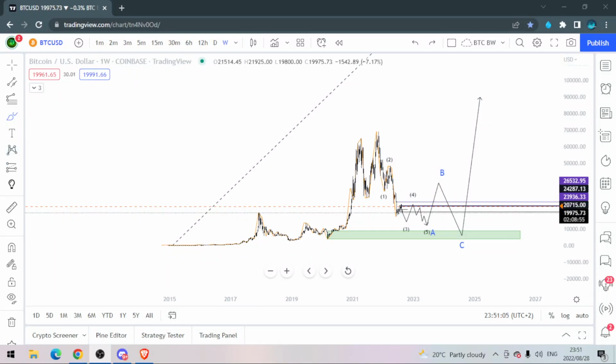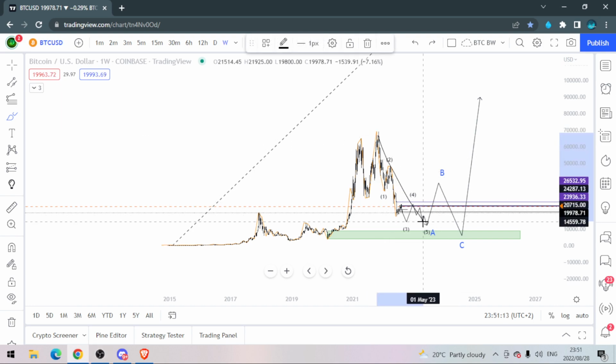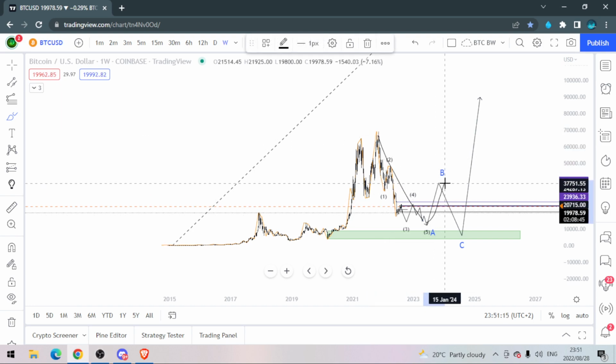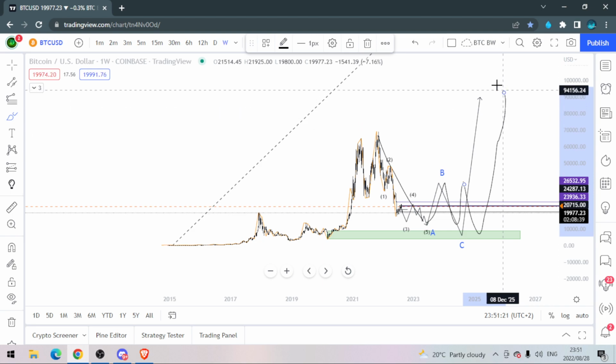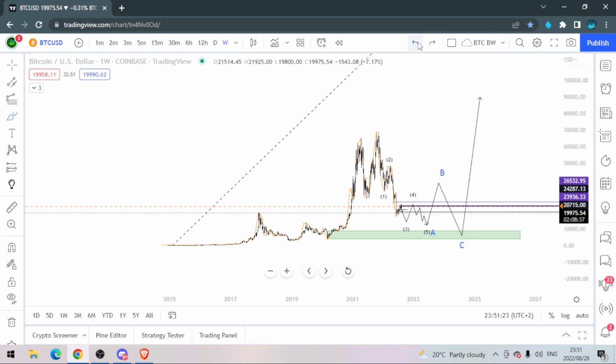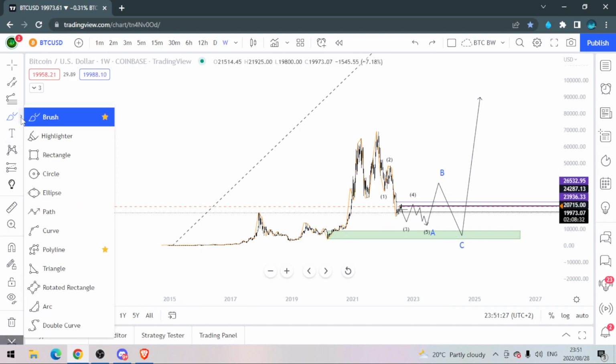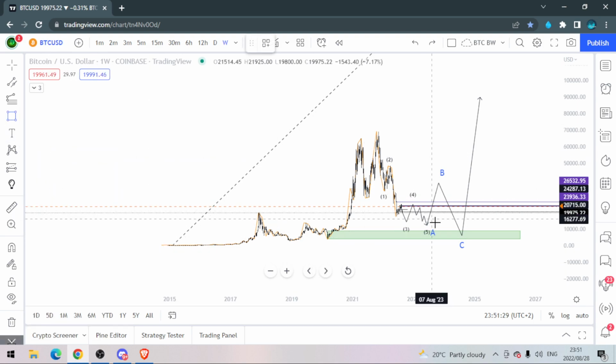Okay guys, a lot of you would have seen this on my Twitter account, showing you a move down from here to here for an A wave, possible B wave, could go more sideways like that, then a C, and then finally Bitcoin moons, right? From a price action point of view, this would make a lot of sense to me, where in a non-log